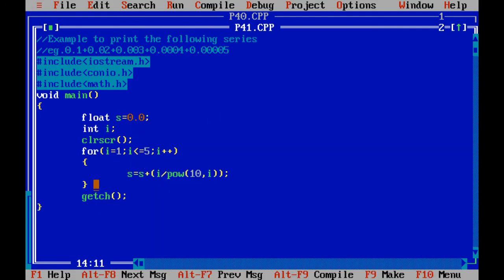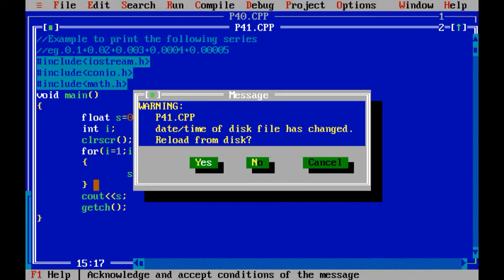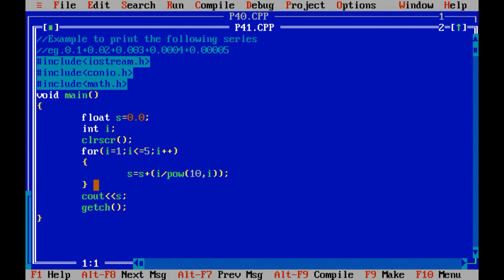We have not printed anything on the screen. So over here, cout s, now it will print on the screen 0.12345. The answer would be like this, no? 0.1, 0.02. If you perform addition of these numbers, it will return 0.12345. Right? So you just need to remember this line and you can perform all the programs. See, this program is very important for the 5 mark question. Right? So this is just the line to recall.